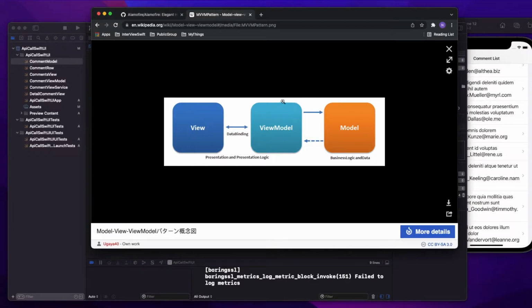Okay. Now what is the responsibility of the view model in this case? The responsibility of the view model is to handle the view logic, not the business logic. Then who will handle the business logic? We can include the business logic, network logic, or anything else related to that as a dependency injection in our view model.